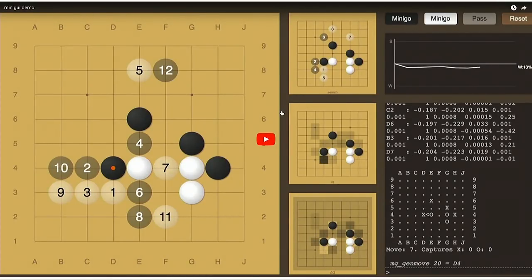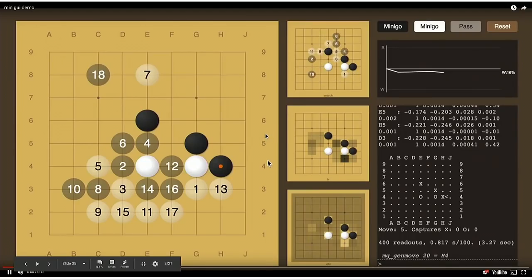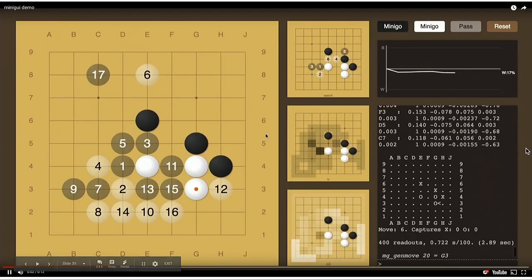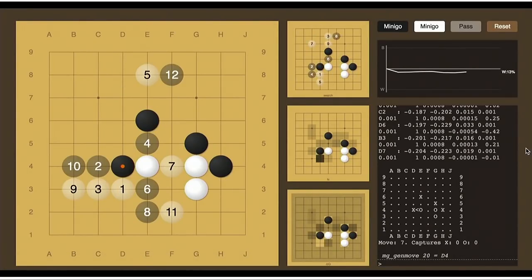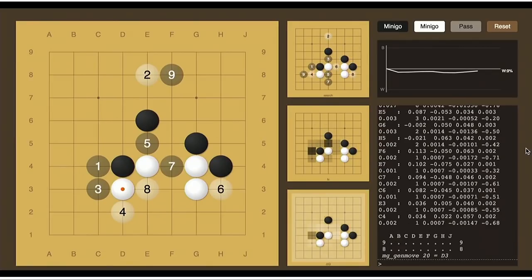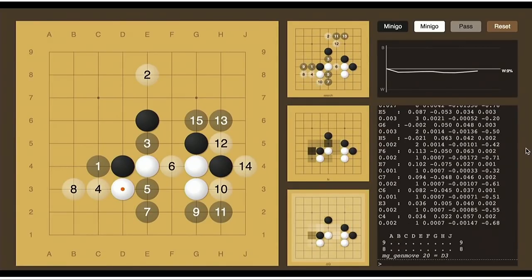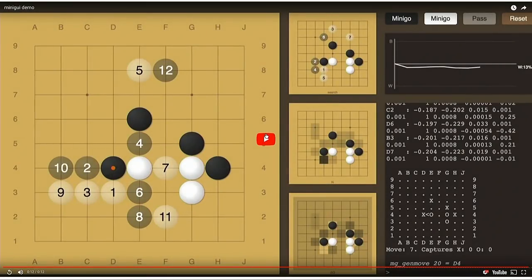It doesn't loop, which is unfortunate. But you can see the variations that it's considering in the upper right, and what it thinks is the most likely move to happen on the left side. This is a pretty great tool if you're a Go player. You can really dig in and see what it's thinking about, why, what it likes, what it doesn't like. Pretty great. All right, so talking about our results.